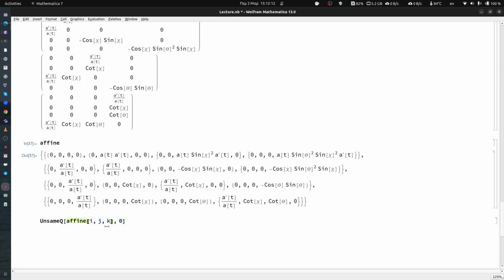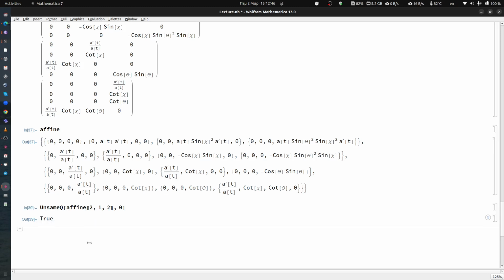So if I put here 1, 1, 2, then this will be true if this is non-zero, but gamma 1, 1, 2 is 0, so this is false. But gamma 2, 1, 2 is non-zero, so unsame gives us true. So then we will use the function if